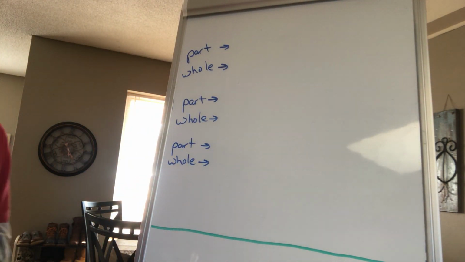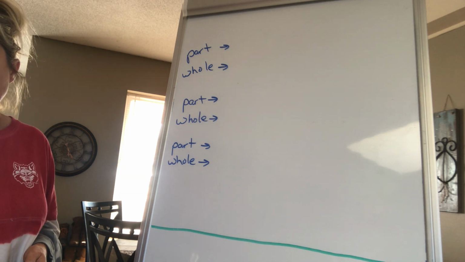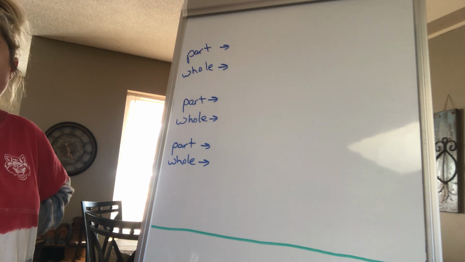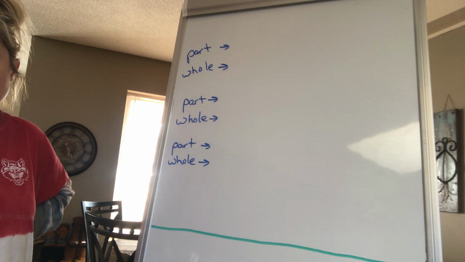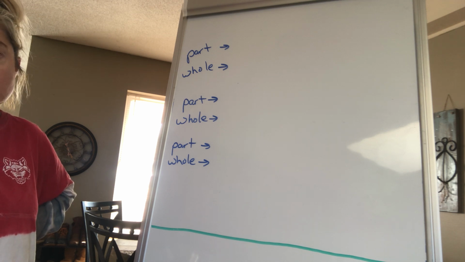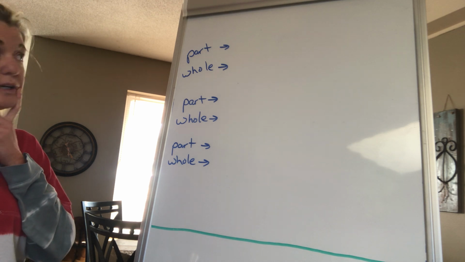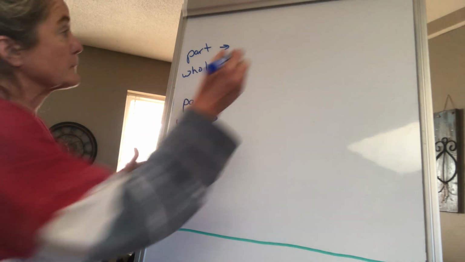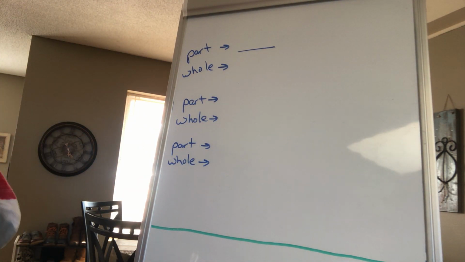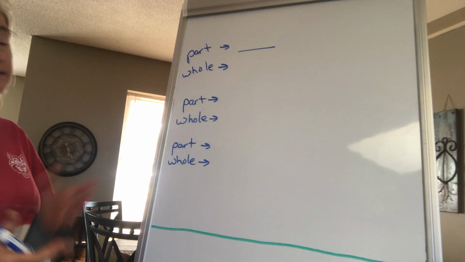Okay, on number 6. John owns a total of 14 pairs of socks, of which 7 pairs are black and the rest are blue. What fraction of pairs of socks are blue? Okay, this one, we're really going to have to read carefully, aren't we? So we know we're doing a fraction and we're looking for part of the whole. The whole pairs of socks that he has